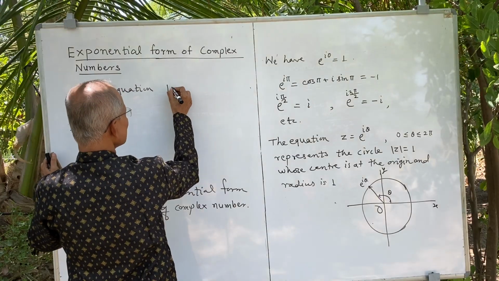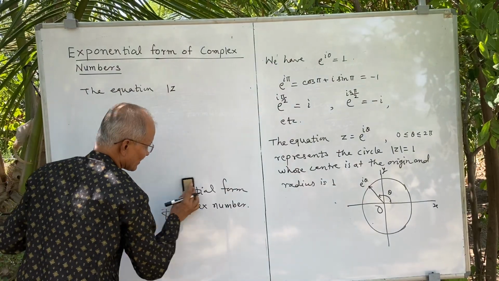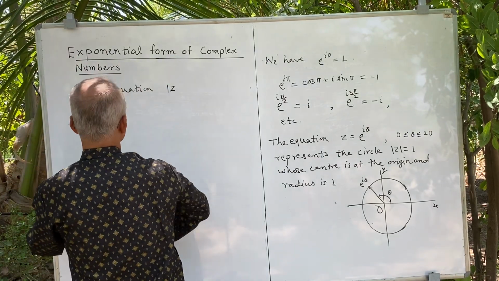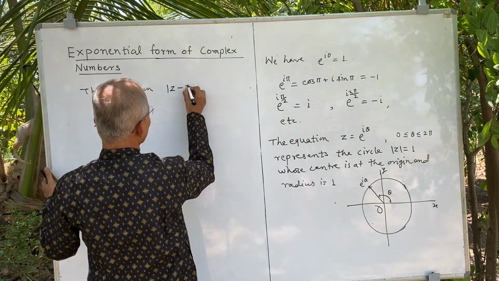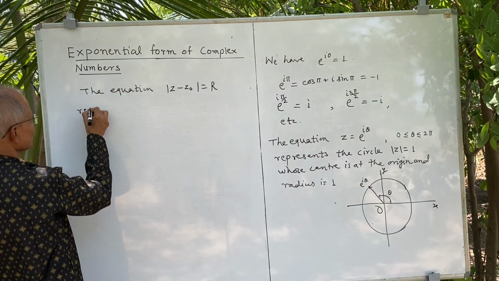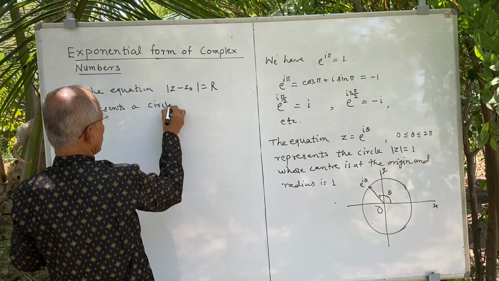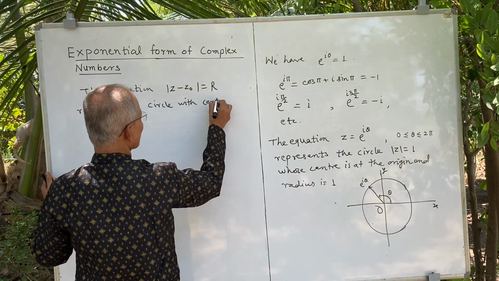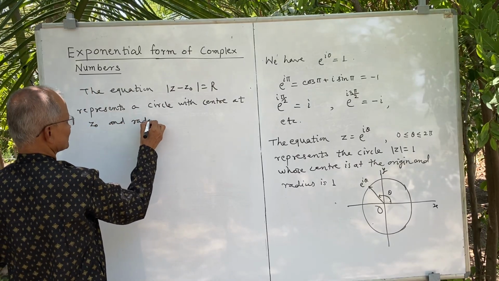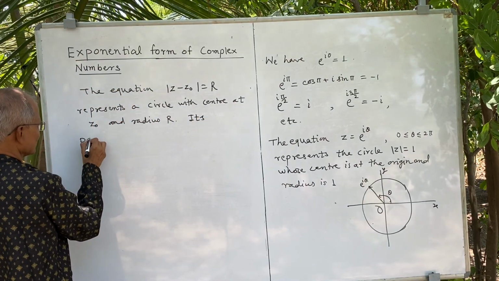We have seen this equation earlier, that is |z - z naught| = r, which represents a circle with center at z naught and radius r. Its parametric equation is,